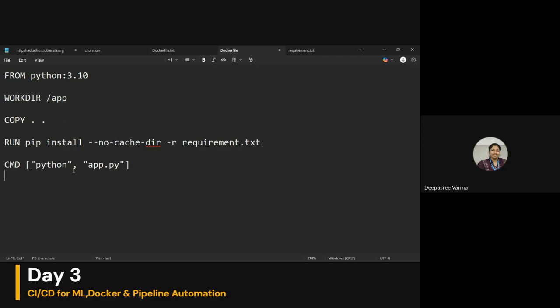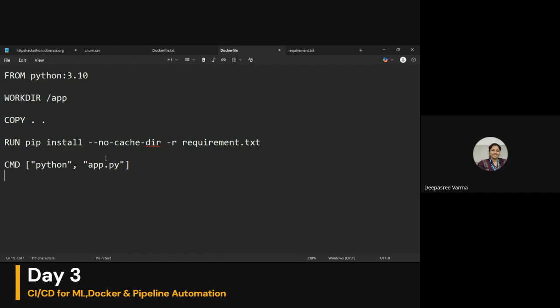So I am giving instructions through Docker to any system. Whenever this Docker file is opened in any system, the requirement.txt should be run first, then python app.py should be run next. So whenever I copy this Docker file to any system, all these things automatically happen inside that. Once I run the Docker image, all these things will internally happen. I need not run it manually. Yesterday we did all these things manually.